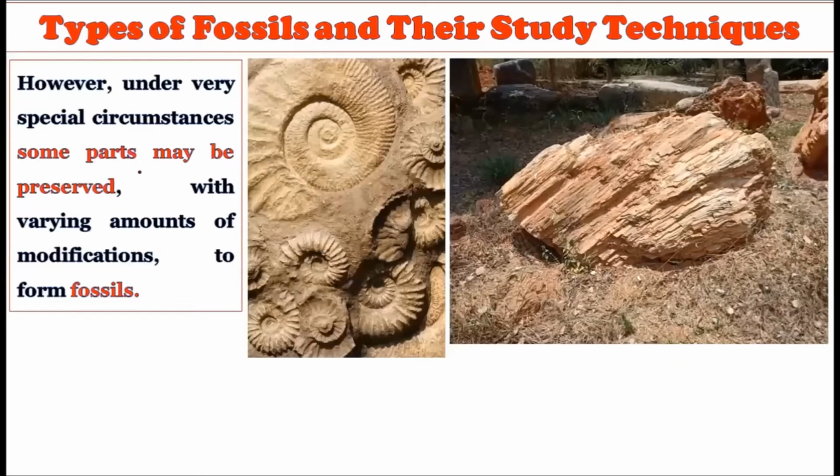However, under special circumstances, whenever we say natural death, it will always be accompanied by the process of decomposition, and it will make the whole body of an organism disappear. But under special circumstances, there are cases in which they can also get preserved. Some parts may get preserved with varying amounts of modification to form the fossils. These are exceptional things, but 99.99% of dead organisms on the mother earth will get decomposed. But exceptionally, if some parts fall into the right place at the right time, then and only then will they be able to form the fossils.